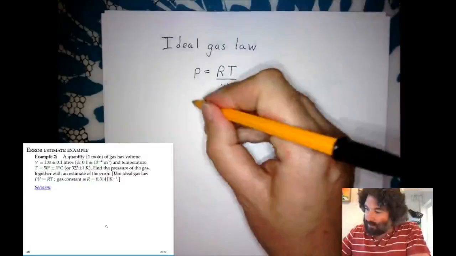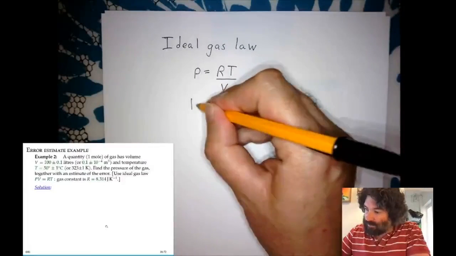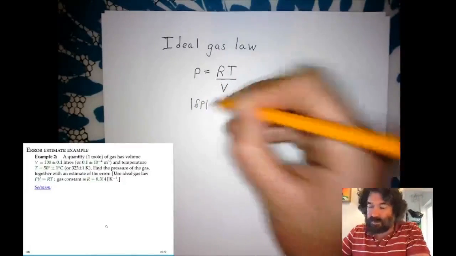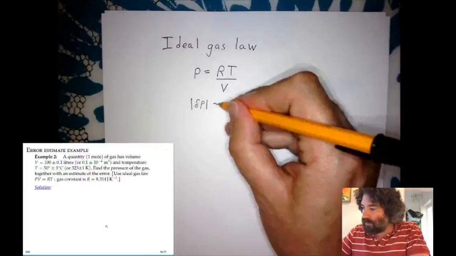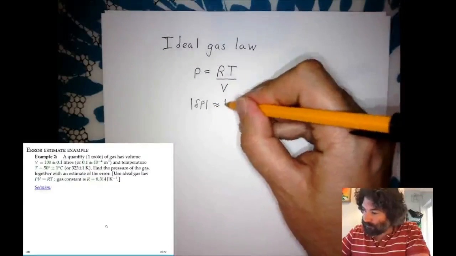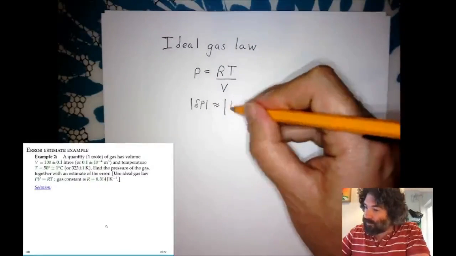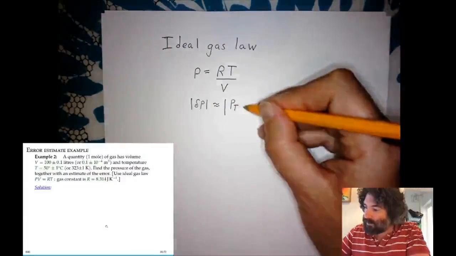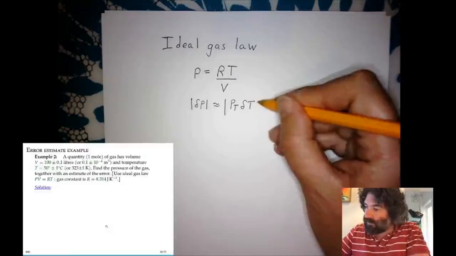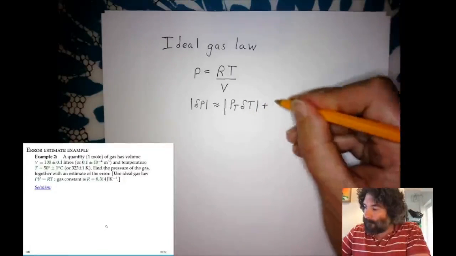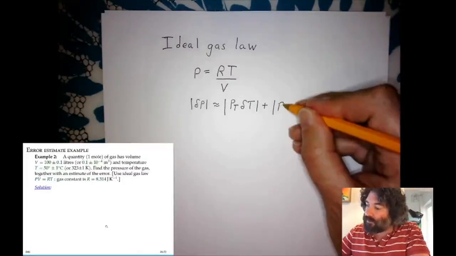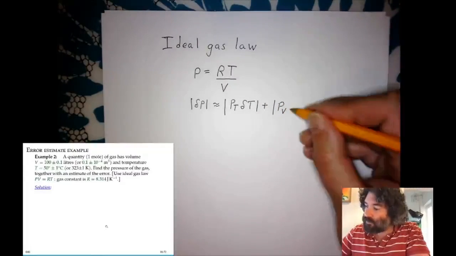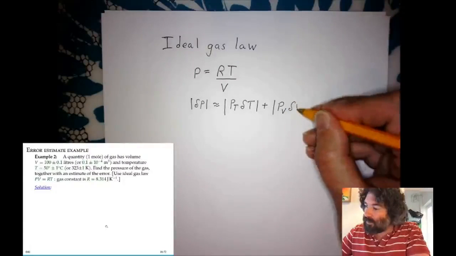Okay, and then the estimated size of the error in pressure when we calculate it from the temperature and the volume is going to be the derivative of the pressure with respect to temperature times the error in the measurement of the temperature, plus the derivative of pressure with respect to the volume times the error in the measurement